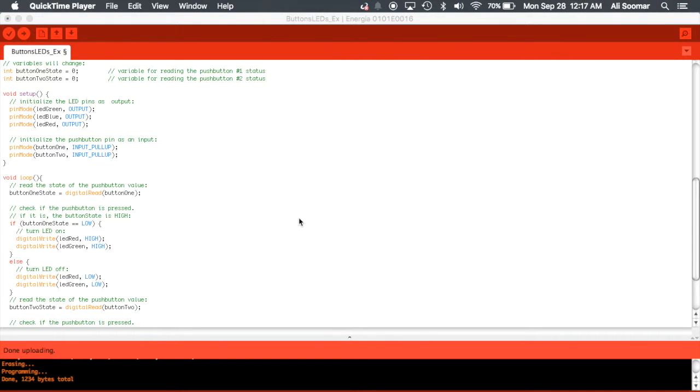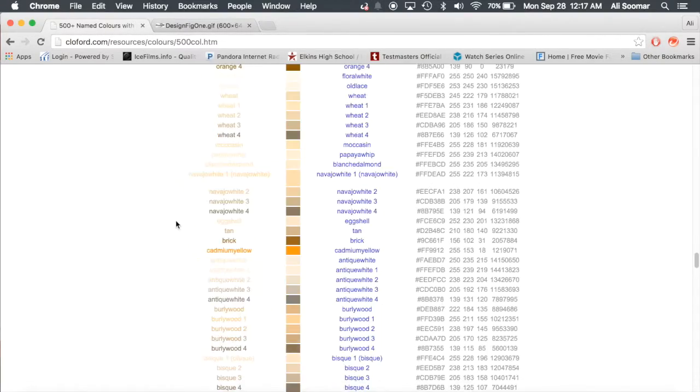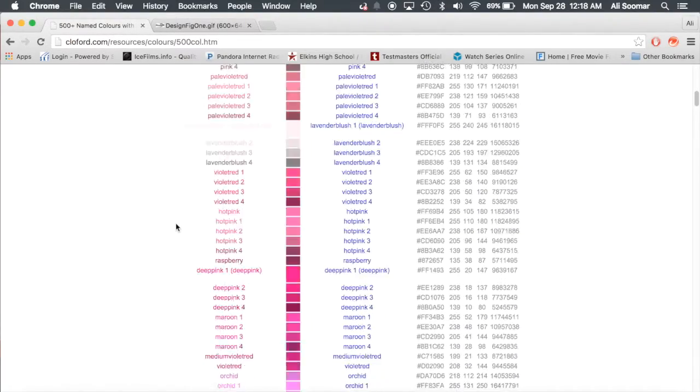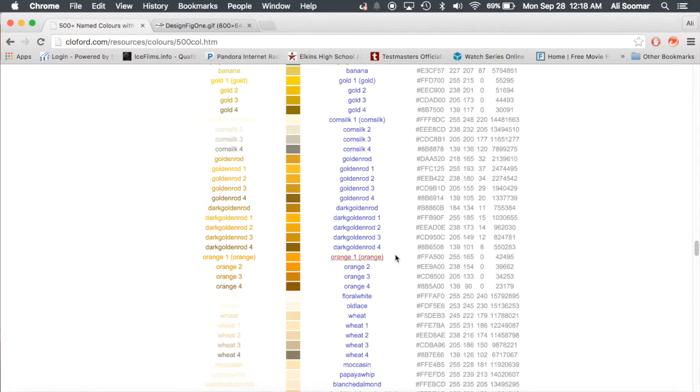Now, you may be asking at this point, how would I make an orange LED? If we look at the link over here, you see that orange is also between green and red, but when we used green and red together, it made yellow, not orange. Let's take a look at this other link over here, which shows us over 500 different colors and the designated red, green, and blue values that we should put for each of these colors. So let's look under orange. And we see 255, 165, and 0, meaning that we should put the value 255 for red, 165 for green,